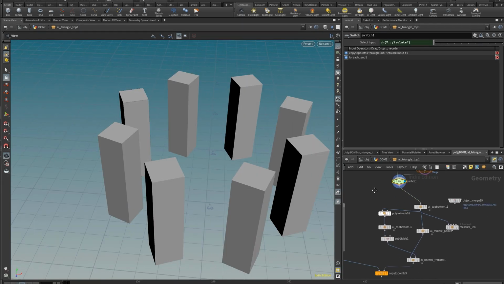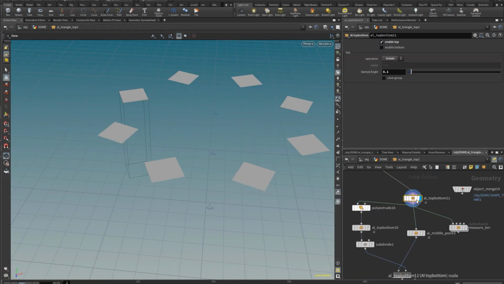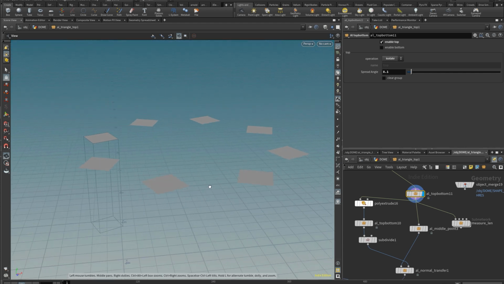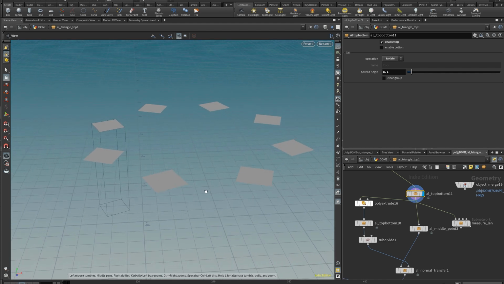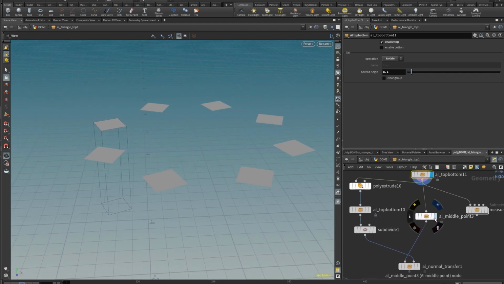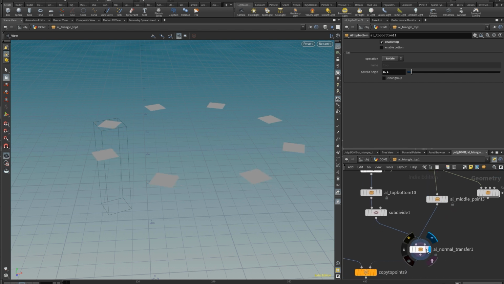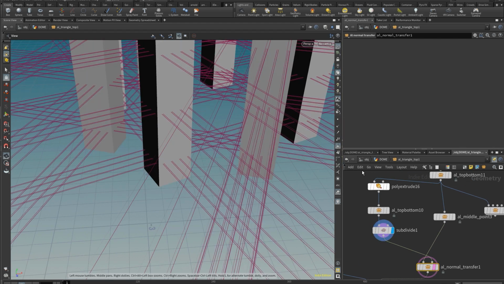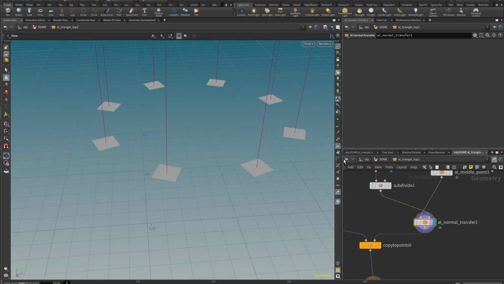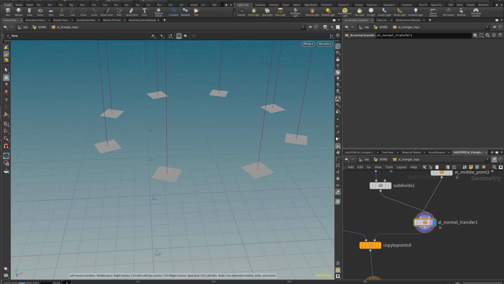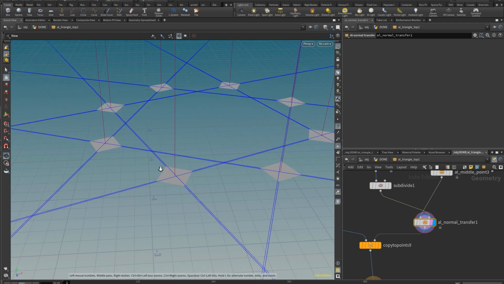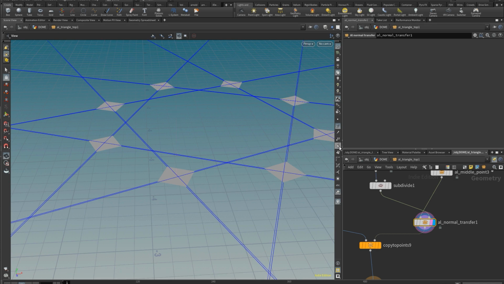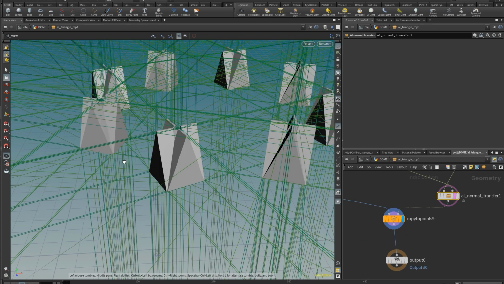So how it works, very much like the rest, I'm using a middle point to extract the middle point of every edge, like so. And I'm transferring the normals again, just like what we did in the past with the windows and all that stuff. So this is transferred on the normal, as you can see if I display those. The model should point toward the proper direction now.